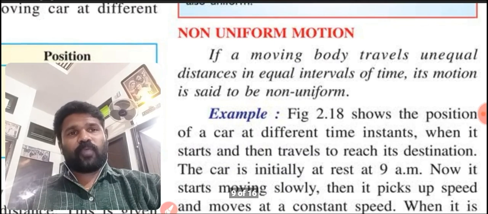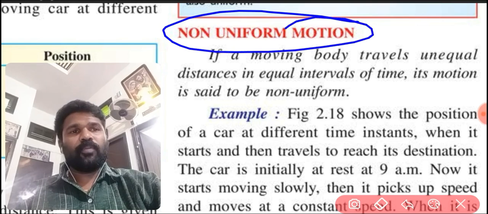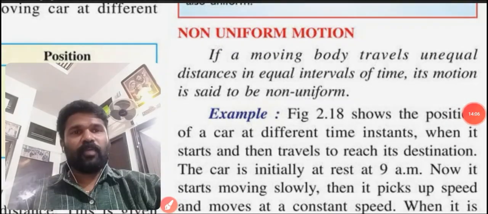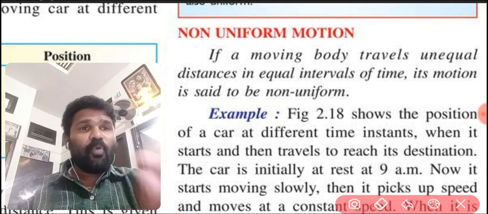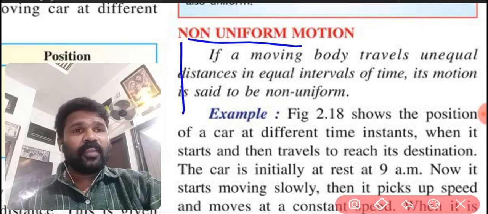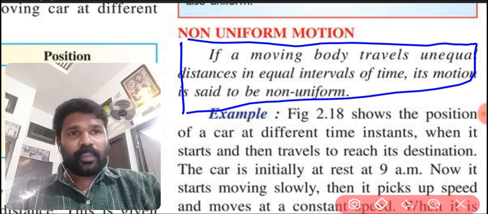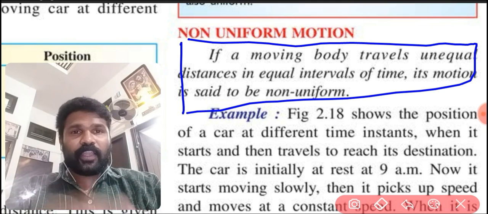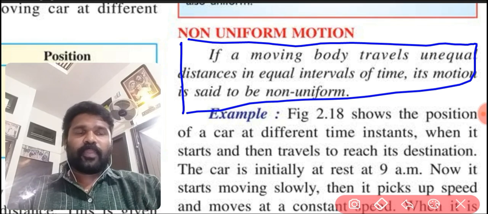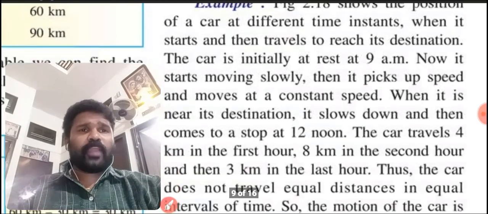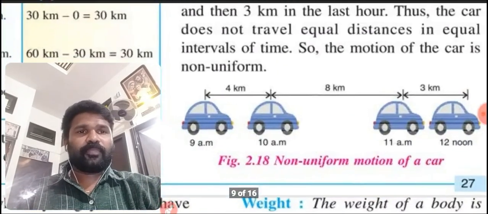Now, we are going to discuss one more type of motion, that is non-uniform motion. The definition is, if a body travels unequal distances in equal intervals of time, then this motion is non-uniform. Example, figure 2.18 shows the position of a car at different time instances. Clear? Here we can see